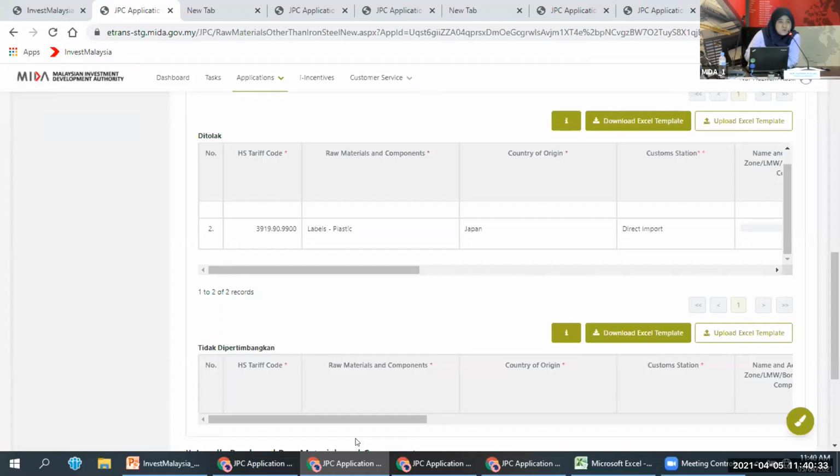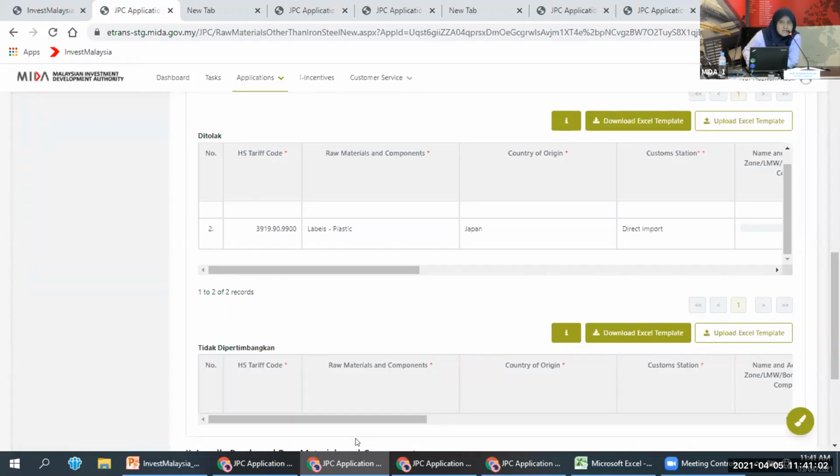So if your previous approval application form is wrong, that means your extension application will be wrong as well. So that's why I say make sure you spend some time, slowly make sure that the information you key in here is correct, because it will affect your subsequent application after this. It will affect your amendment application. It will affect your extension application. It will affect your additional quantity application.